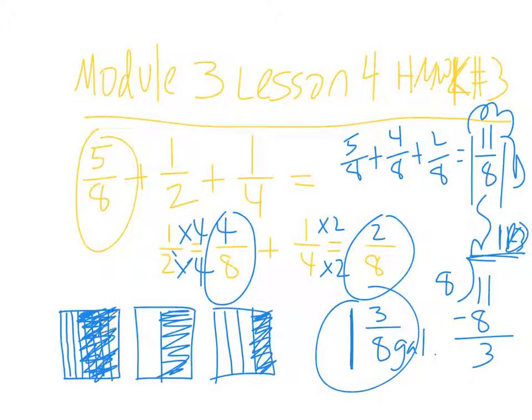That's 5/8. Okay? I got my common denominator was 8. So this one right here I leave alone. It's in eighths already. To make halves into eighths,